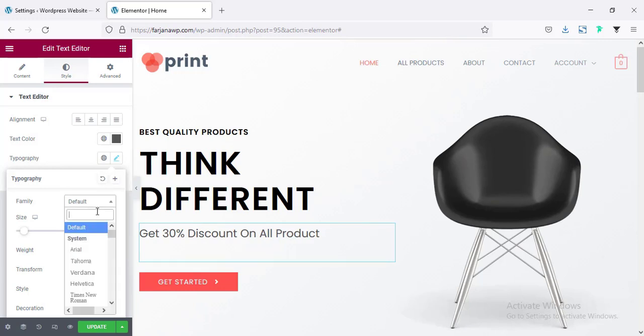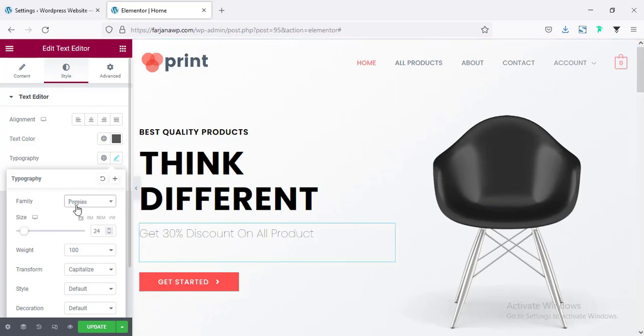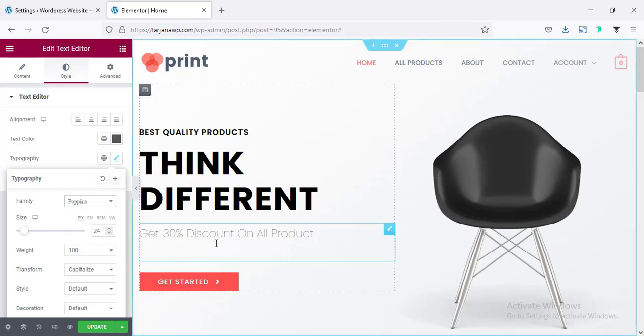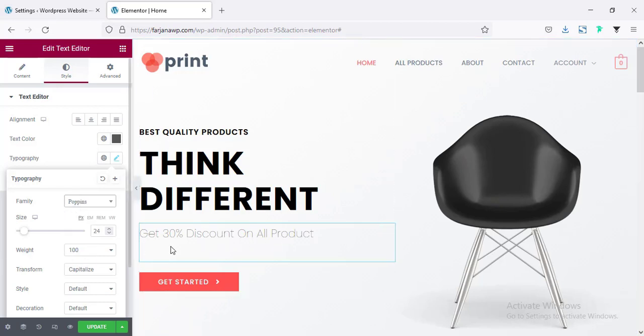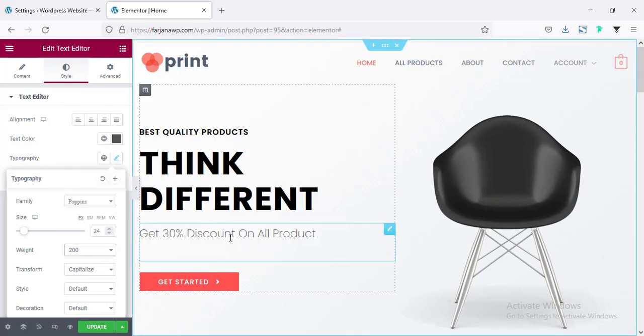and font family also Poppins. I think this is already Poppins. Alright, so it was not Poppins and now it's Poppins. And font weight we can make it to 100 or 200. Yeah, 200 looks good. Alright, so I think this is looking good,